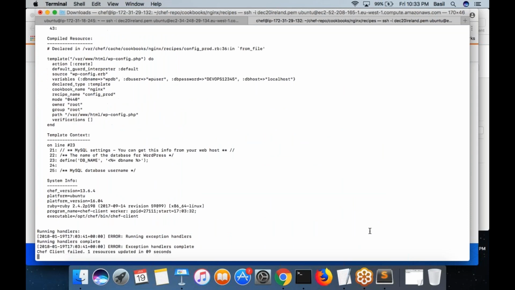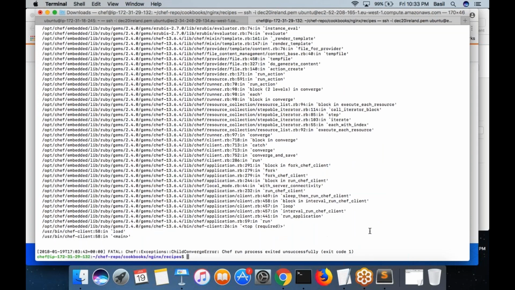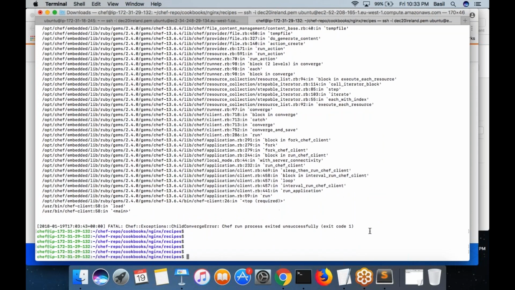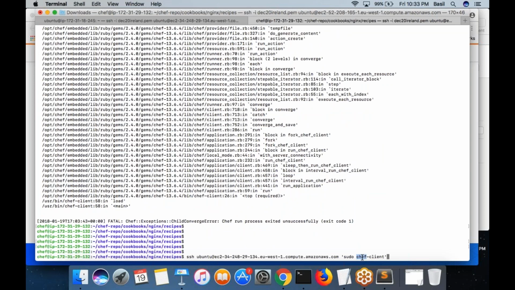You don't really have to log into each and every machine. You can remotely run the chef-client command through SSH like this from the workstation. Run this command on all your nodes. Maybe using a for loop you can automate that also. Using a for loop, just execute this ssh command on all the nodes. That is also fine.